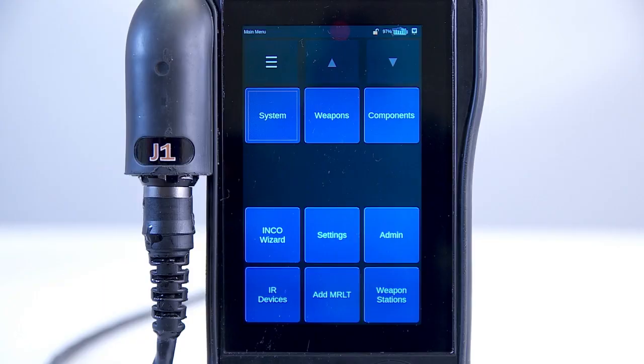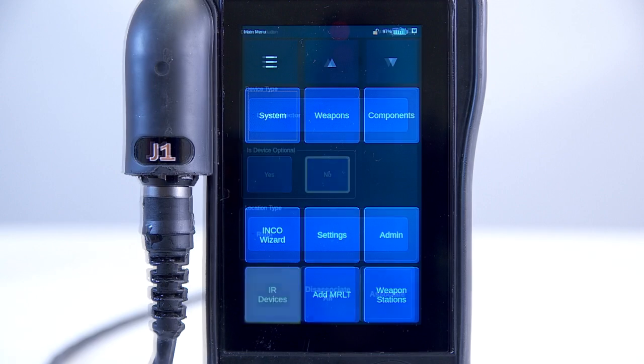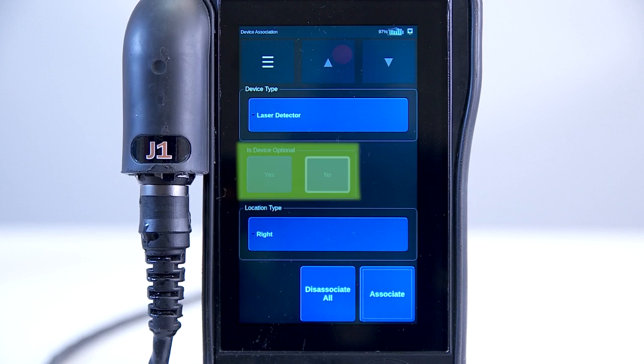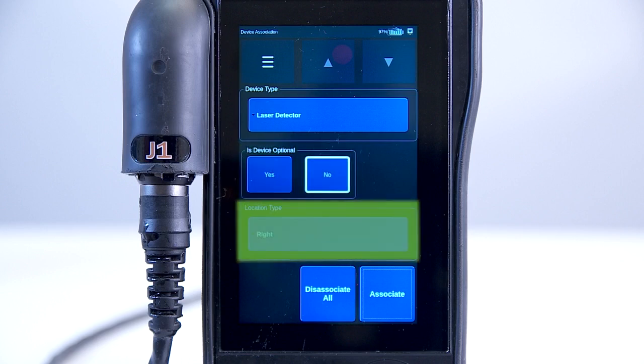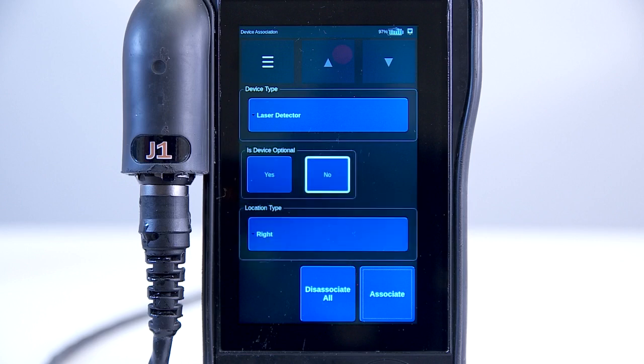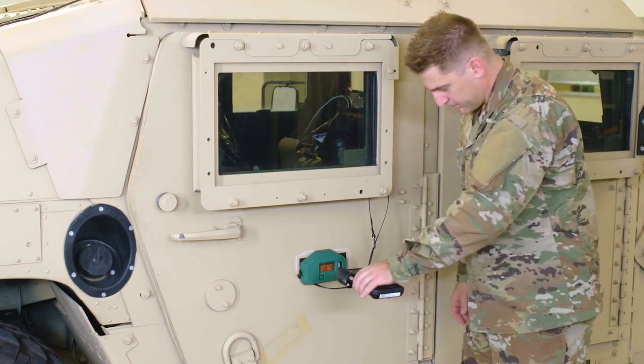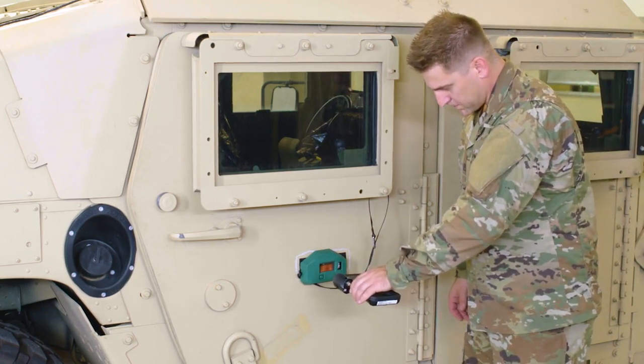On the SIM's system status screen, select Associate and Disassociate IR devices from the main screen. Select the appropriate device type, optional device status, and location from the drop-down menus on the Device Association screen. Select Associate button from the Device Association screen. Point the Crew Interface Module SIM at the front of the LD, holding it approximately 6 inches away when directed